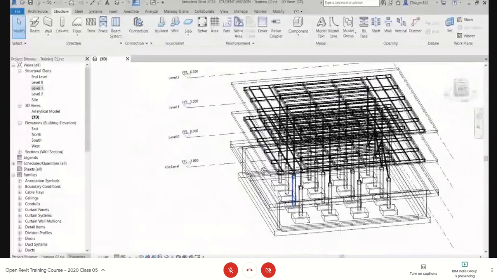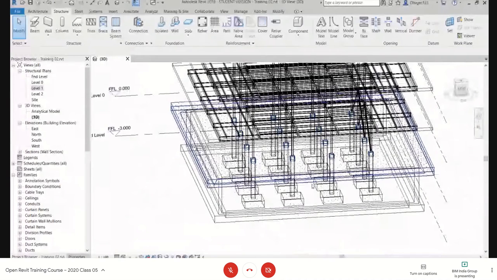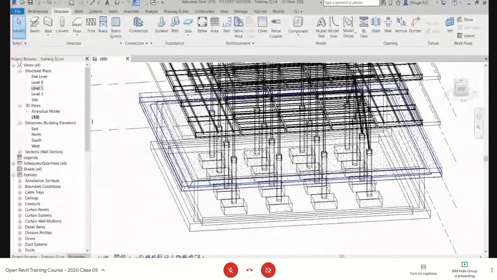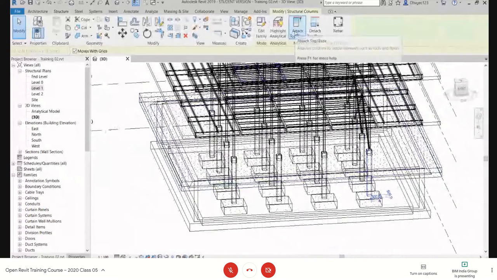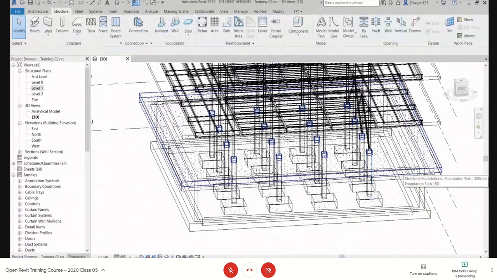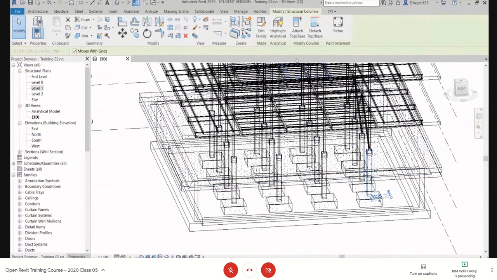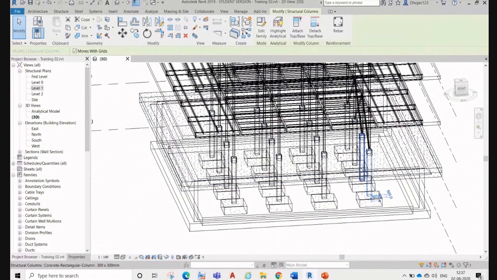Before that, we talked about attaching and detaching a column. If it is a concrete structure, the column should be attached to bottom or top. In a steel building, the column should run from bottom to top independently, so we will not attach it.